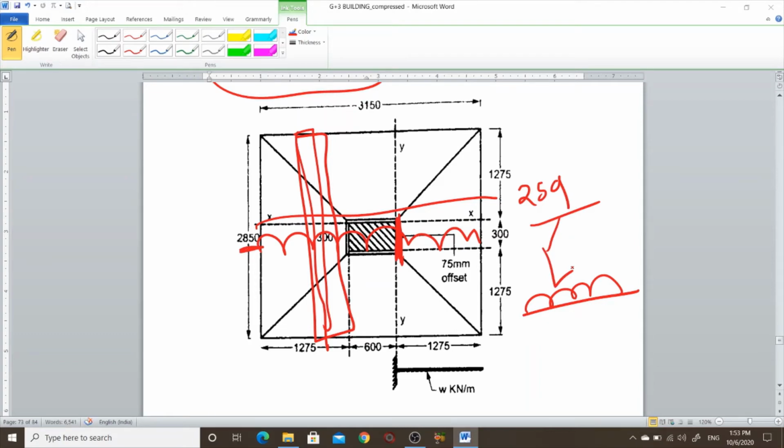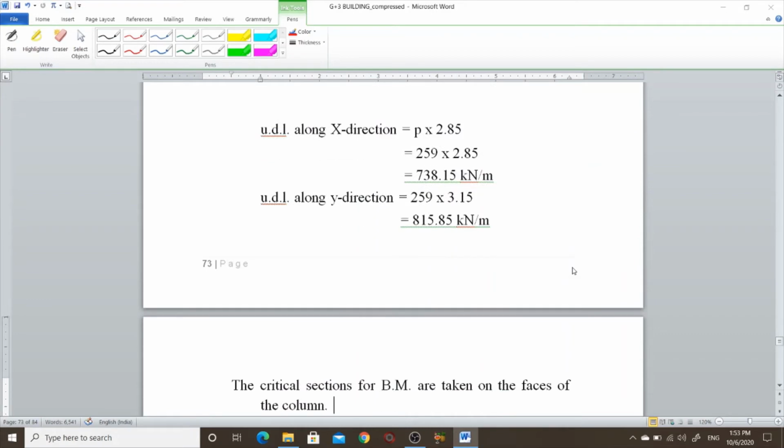So UDL along the x direction is P into 2.85, where 2.85 is the length. So along the x direction, the load is 738.15 kilonewton per meter. The same for the y direction: 259 is the upward load and 3.15 is the length.